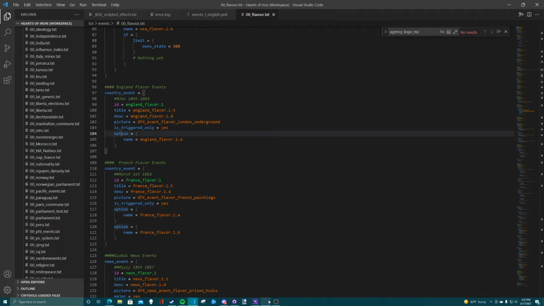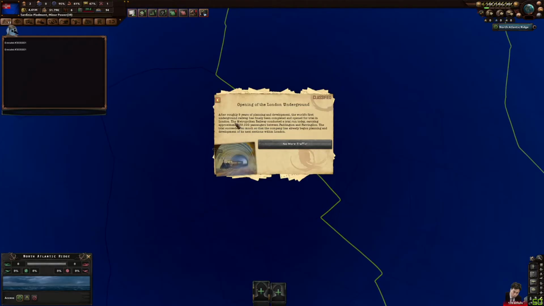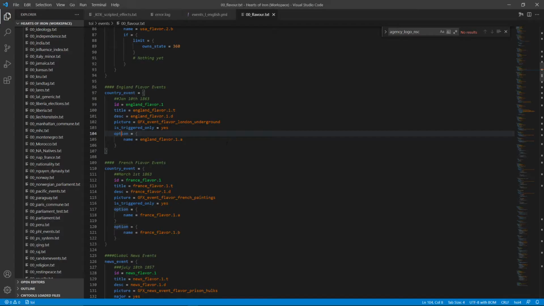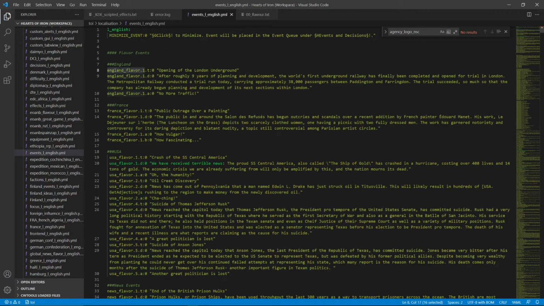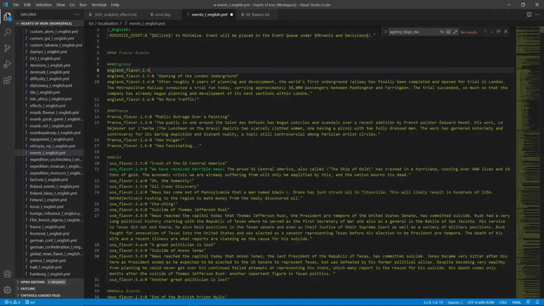They translate in game pretty well. I can make this event again. There's the title, description, options. So here we would just copy, say, the title. We look here, we would paste it. If we're doing it fresh, we would paste it. Then you just do a little colon, two dots, not sure what it's called, a little 0, and then quotations. It'll automatically put two, and whatever you put in here,